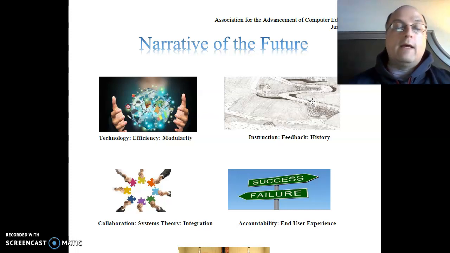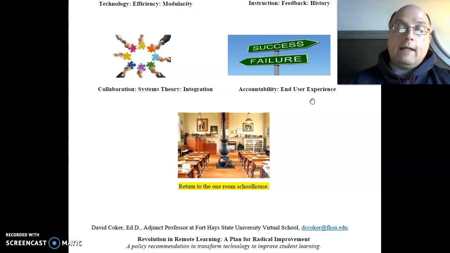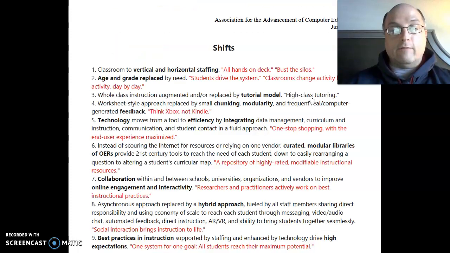and engage. Collaboration system is no longer just the one teacher, one classroom. The kids placed by age, not by need. Ultimately, everything is driven by need. And then accountability. We have to have data-rich streams that actually can be used in real time. Let's keep going on. It is about returning to the one-room schoolhouse. It existed before placing everyone by groups and age. It's an antiquated practice, and it's no longer needed in a hybrid or asynchronous or synchronous environment.